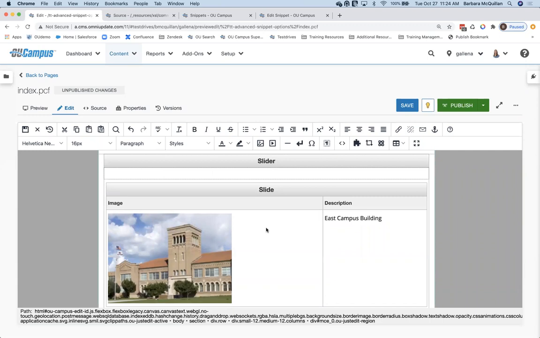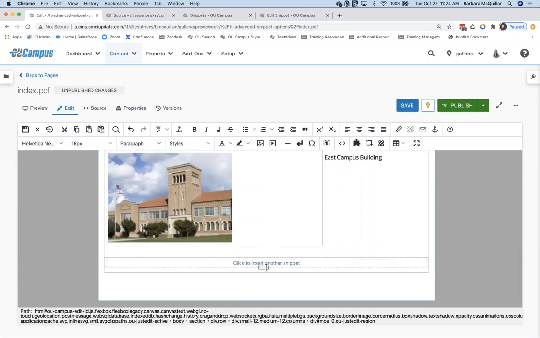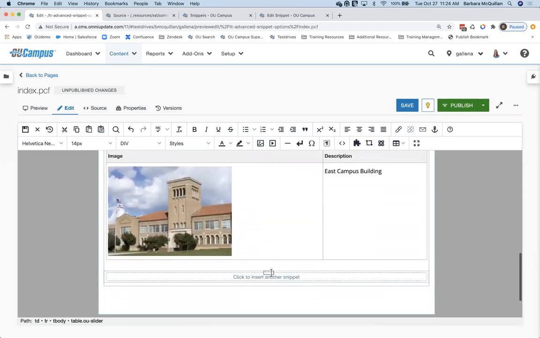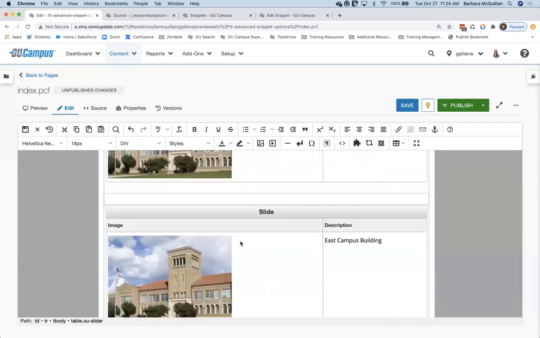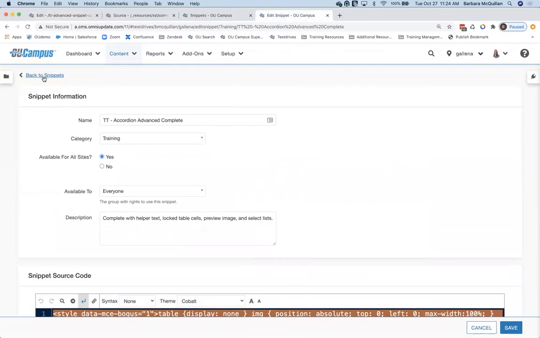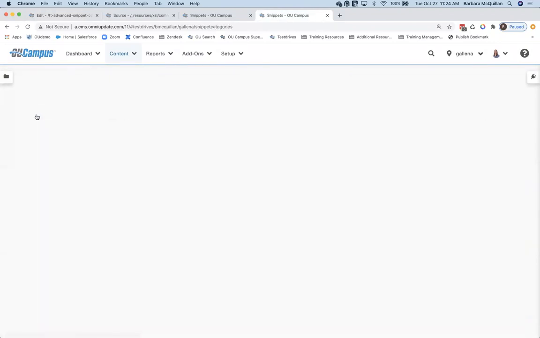That's the only thing that should be placed in here. So what we can do is we can configure it. So when I click, it gives me another slide. And I click, and it gives me another slide. That's an attribute that you can add onto a parent that is wrapping this slide. So let me show it to you. I'm going to go ahead and repurpose this last tab here. I'll go back to my snippets list.